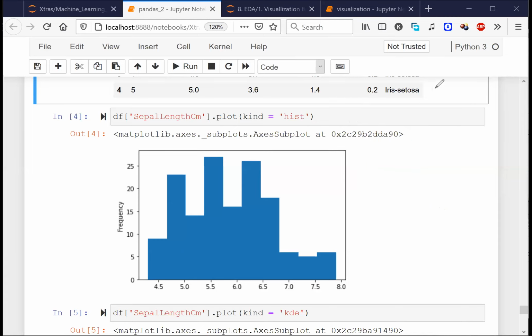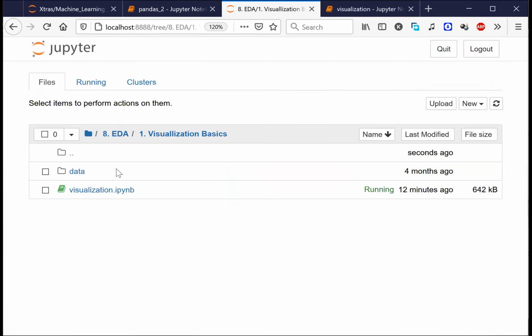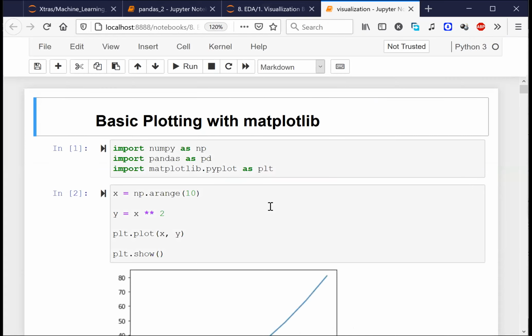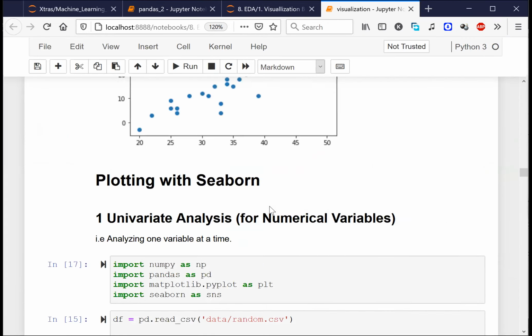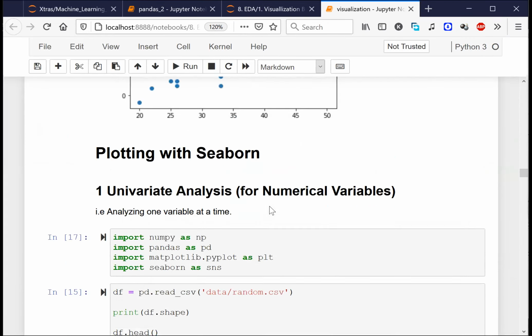Let me try to give you some examples so that it makes more sense, instead of just talking about it. Yeah, I think I have an example here. Let me open up this page.